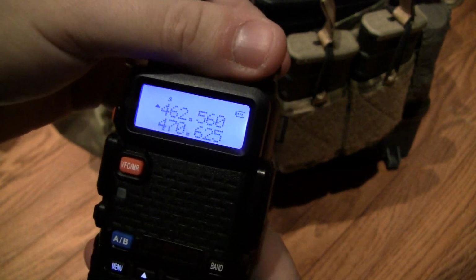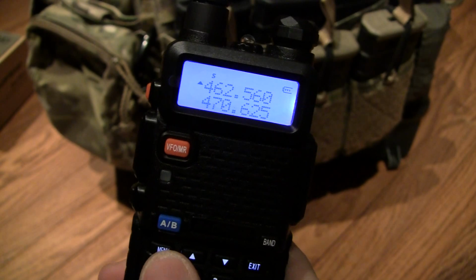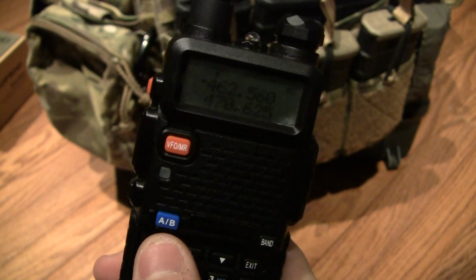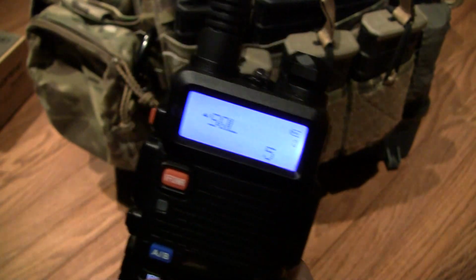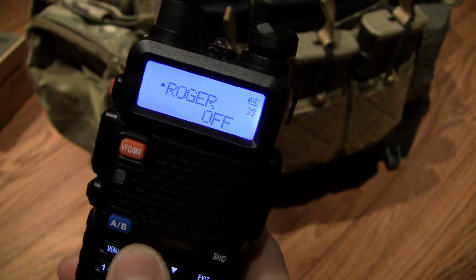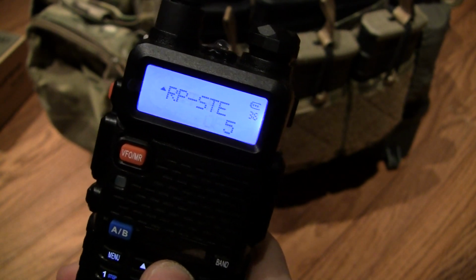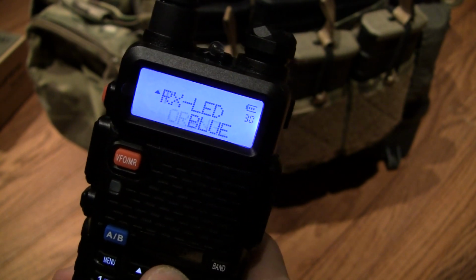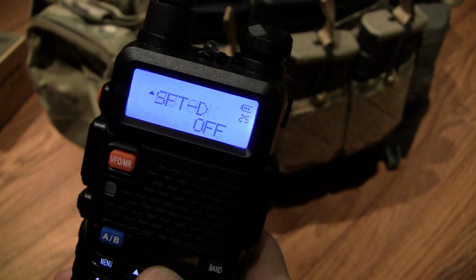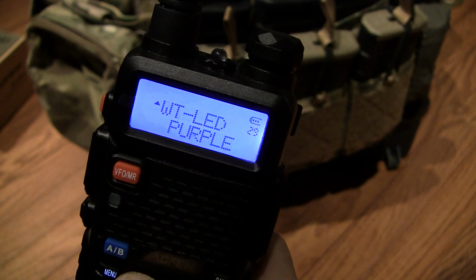And before we get into it here, I'm going to explain the menu button on this radio, which is right here below the AB button, is essentially your enter or confirm button through all your functions. So when you go ahead and press menu, it's going to take you into the menu, obviously. And I'll scroll around. Here's our reset that you're going to do in a second. But I'll scroll around here to find something we can select. So we'll try the